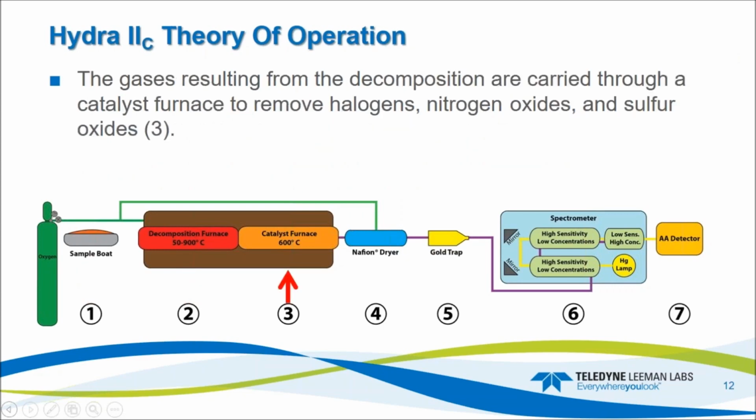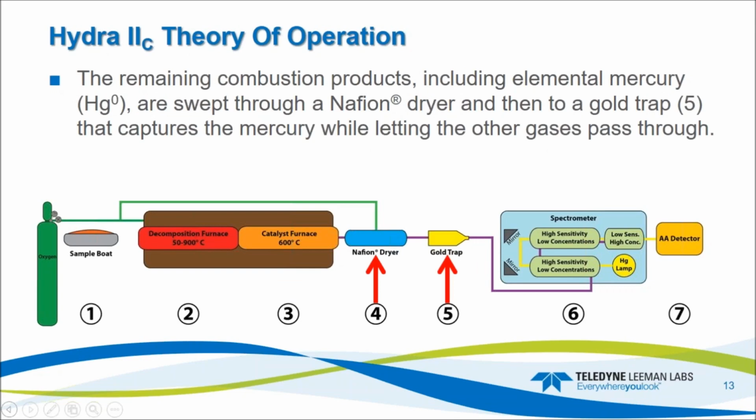Now this is the purify step. The gases from the decomposition are carried through the catalyst, and the catalyst is a proprietary mix of chemicals. It's going to remove the halogens, the nitrogens and the oxides of those, and also the sulfur oxides. So anything that could foul the gold trap and/or the detector system is removed here. Then we have pretty much clean gas that's just laden with mercury and water vapor, and that leaves the catalyst and goes into our moisture